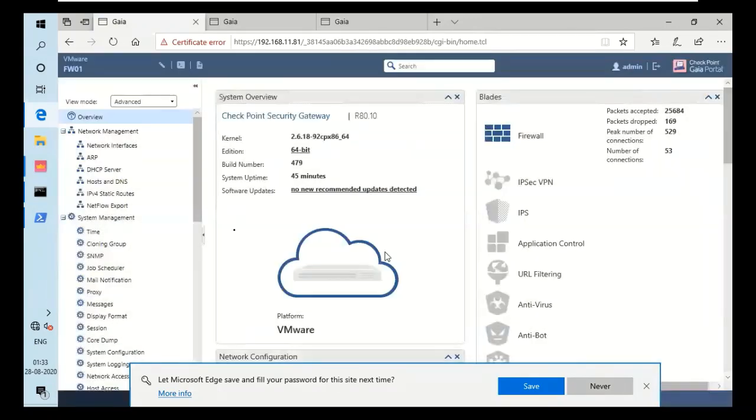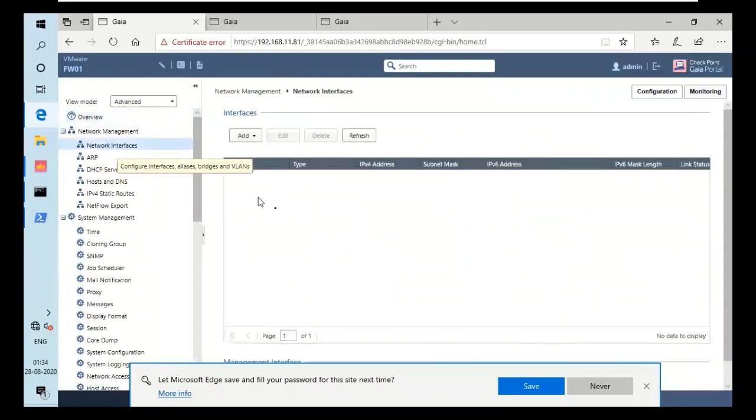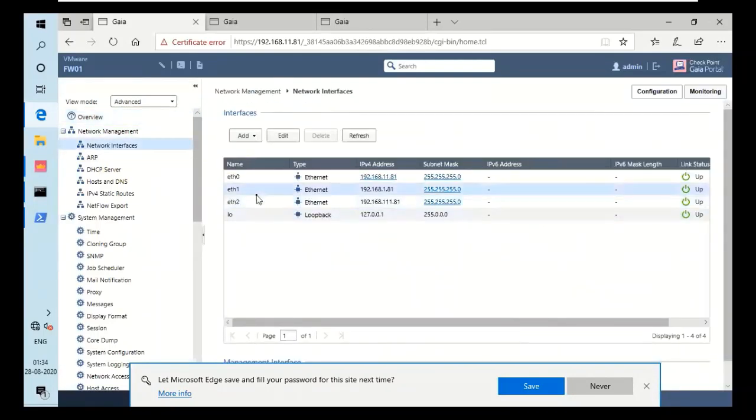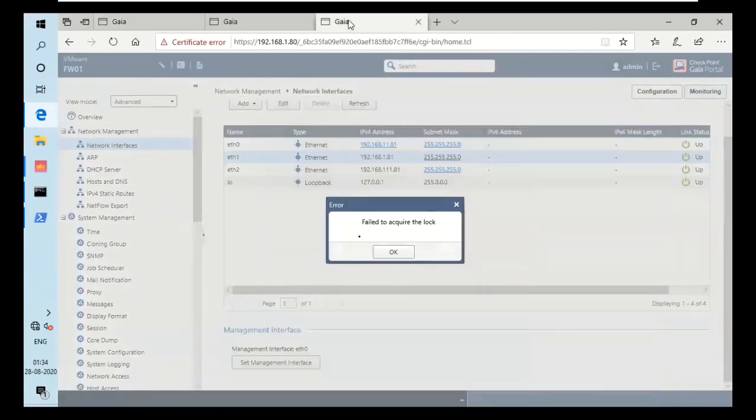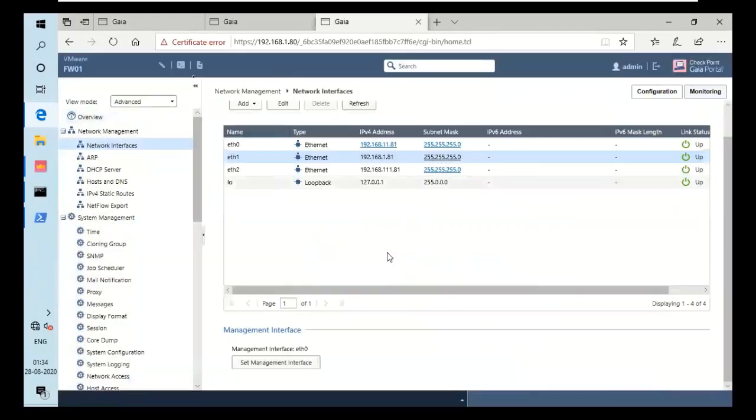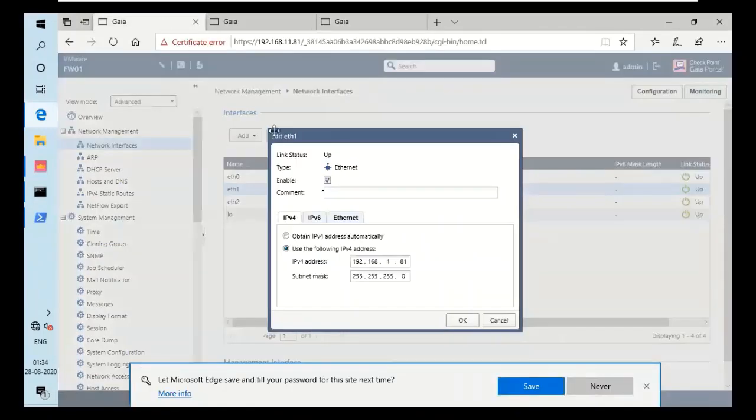I'll click on OK. Go for network interfaces. Yeah, the check mark is here, but in the cluster, you don't have the check mark. But in the real IP, if you go to HTTPS, you can do that.